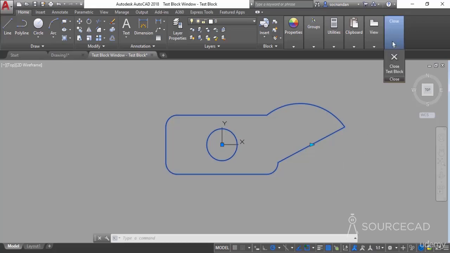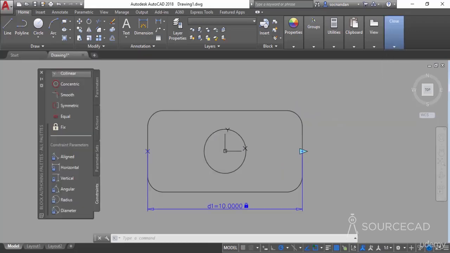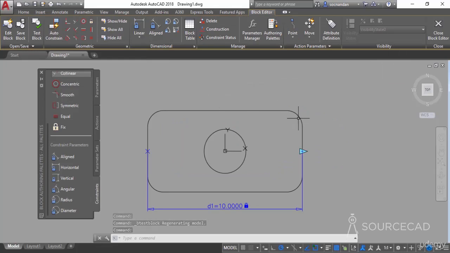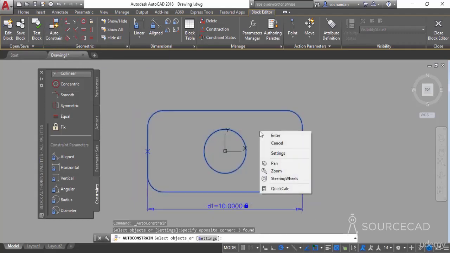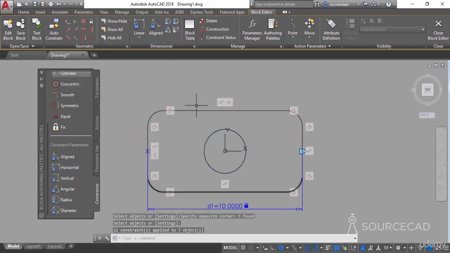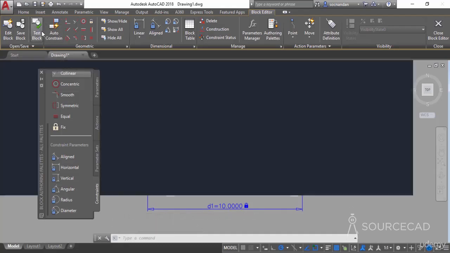So I'll close this test block window, and now in order to constrain the shape of this geometry, we need to add some geometric constraints, and that can be done directly using this auto constraint. So select this auto constraint, select the complete geometry and press enter, and we have constraints applied to all of the required sides. Now let's go and test the block again,